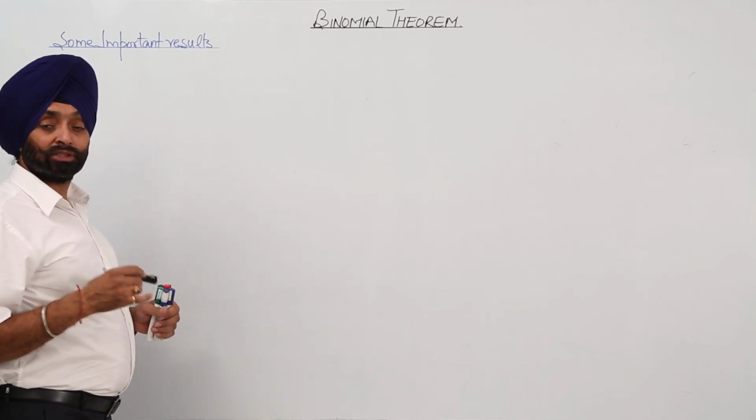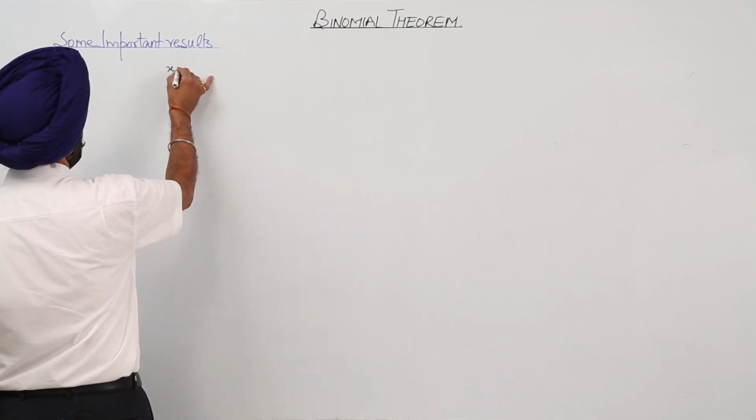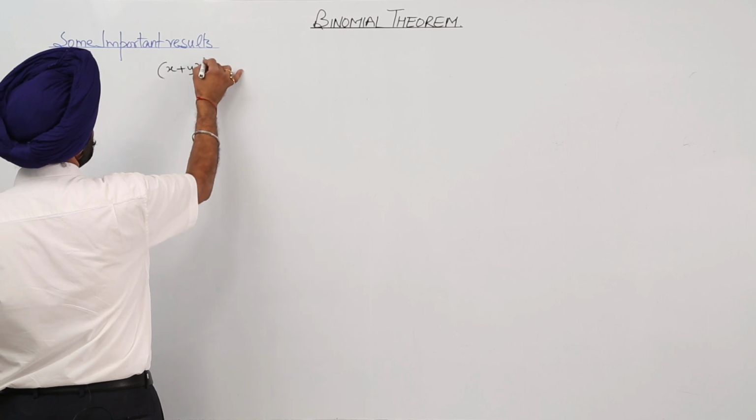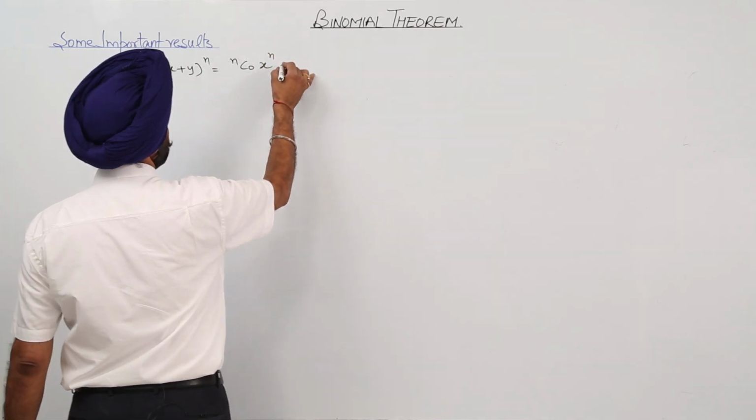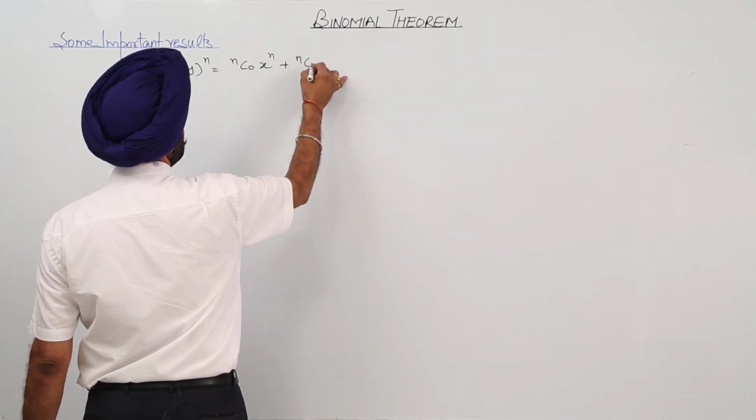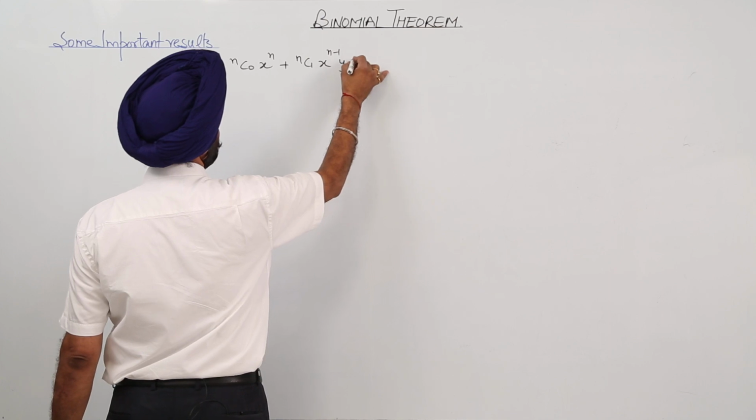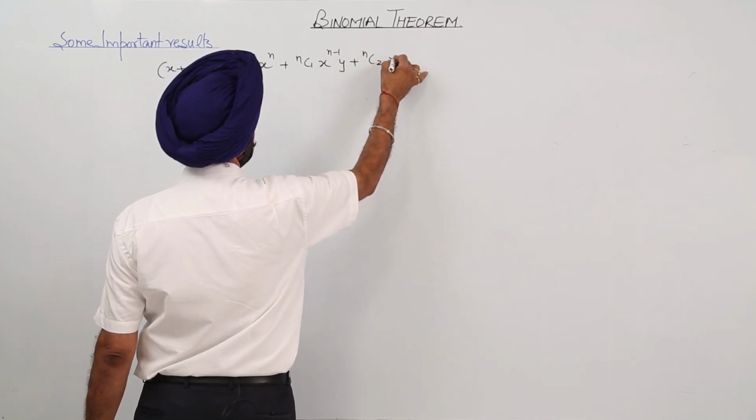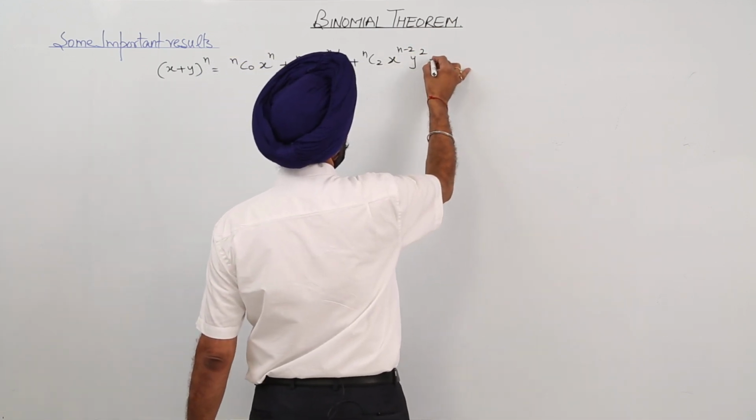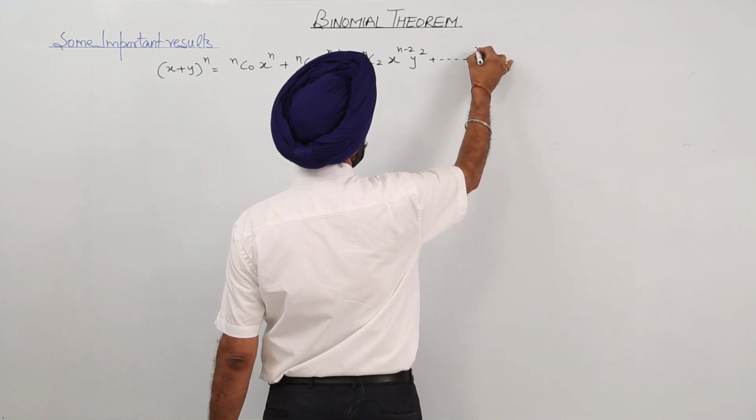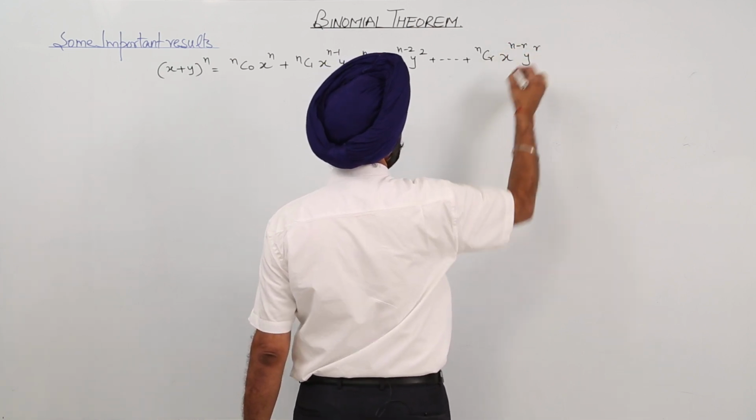Now some important results based on the binomial theorem. We are already aware that (x + y)^n is nC0 x^n plus nC1 x^(n-1) y plus nC2 x^(n-2) y square, and so on, plus nCr x^(n-r) y^r